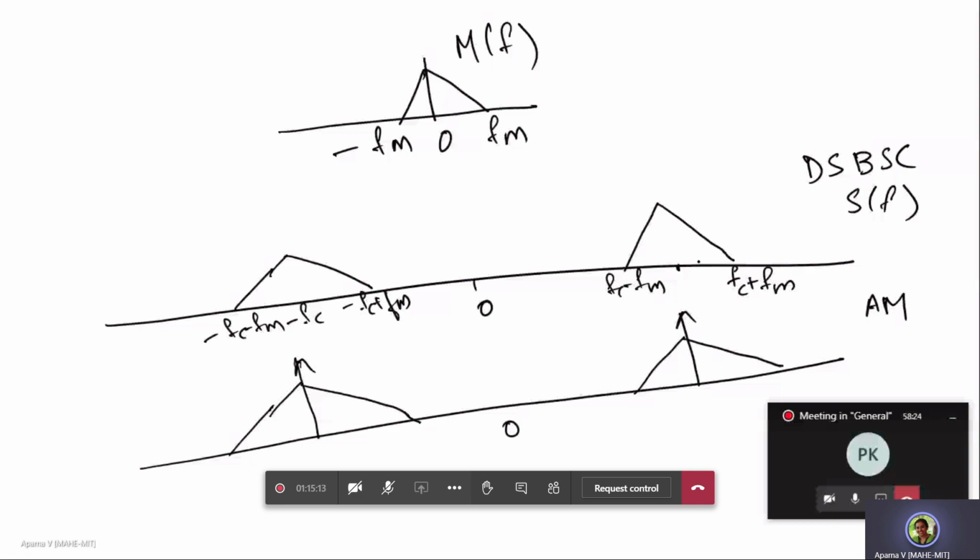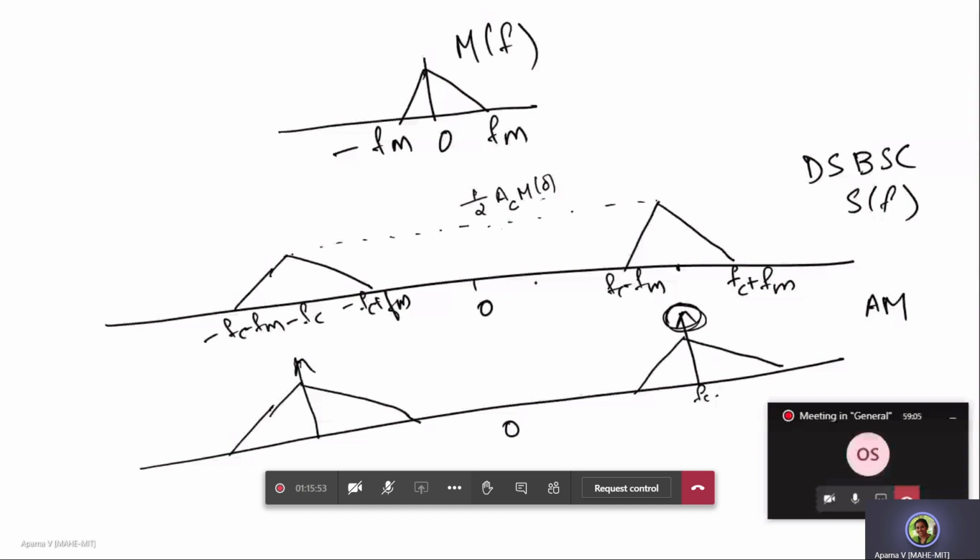Basically in DSB-SC, the carrier frequency also has a range of frequencies? Not that. See, just one impulse at fc was there for AM. In DSB-SC, that impulse is not seen. That carrier alone you have suppressed. This is the maximum amplitude. So this is the frequency domain representation of the DSB-SC signal.